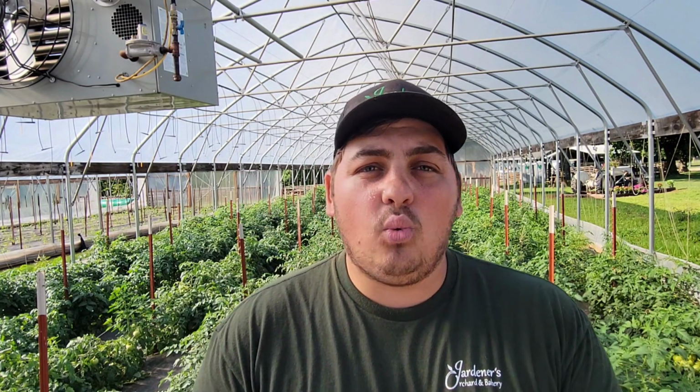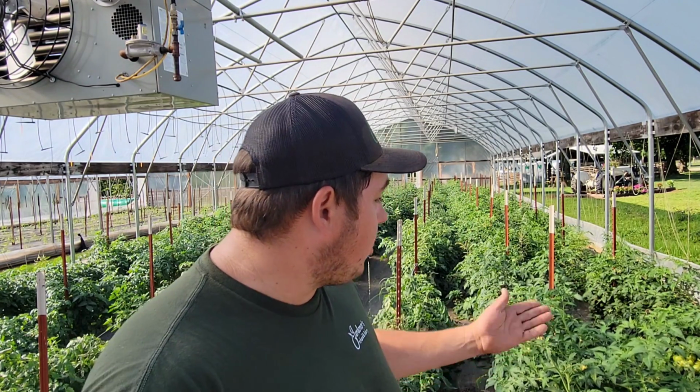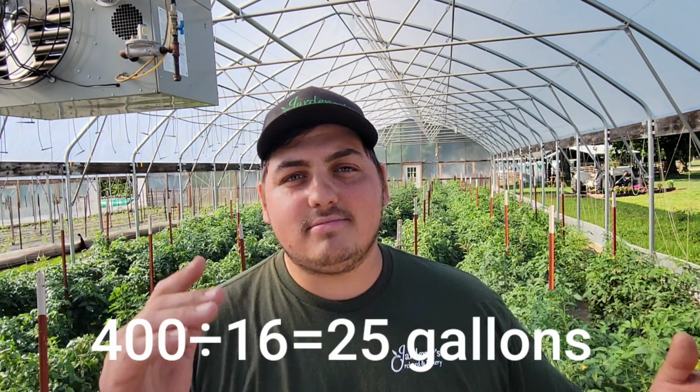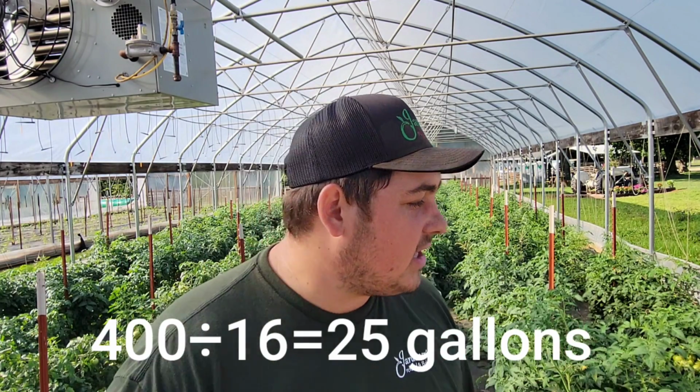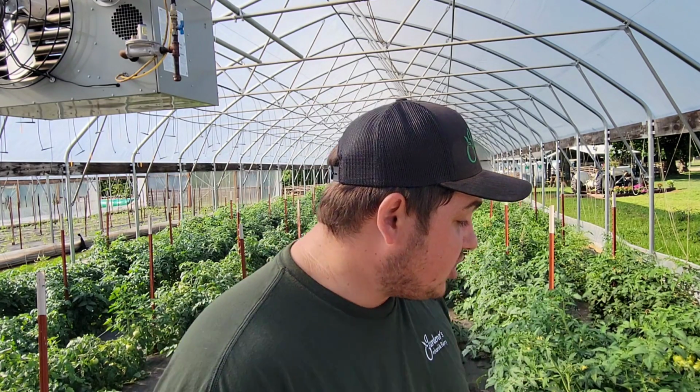So ideally, 1 tomato plant needs 1 pint of water per day to survive. So in here, I would only need 400 pints, 400 divided by 16. I could tell you how many gallons of water per day. So if you do 400 divided by 16, that's how many gallons of water you're gonna need every day in your high tunnels. But I have to run it a little longer here,